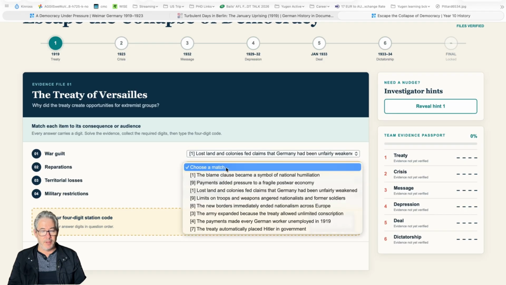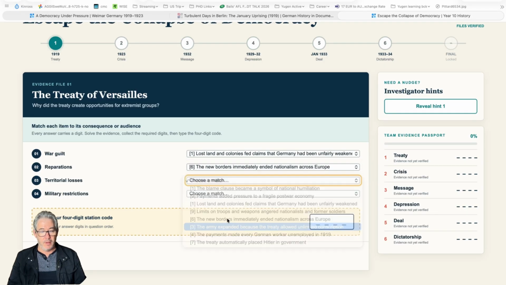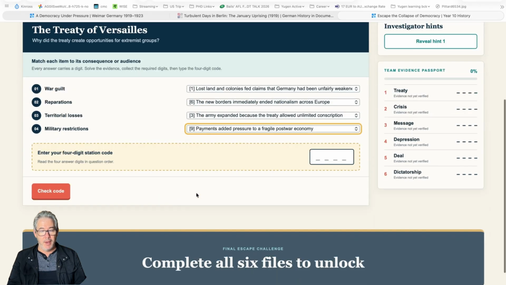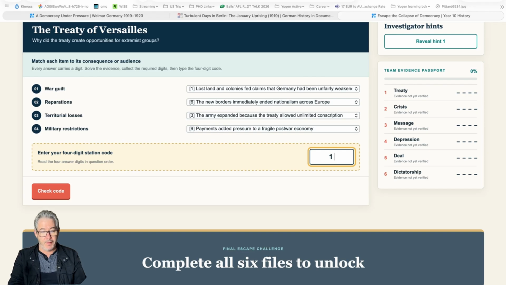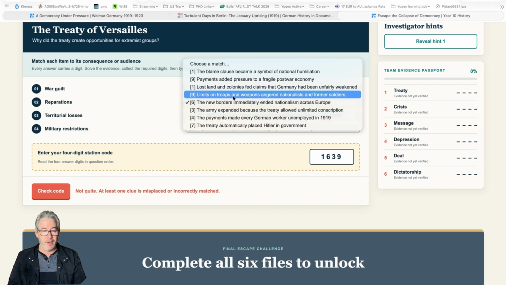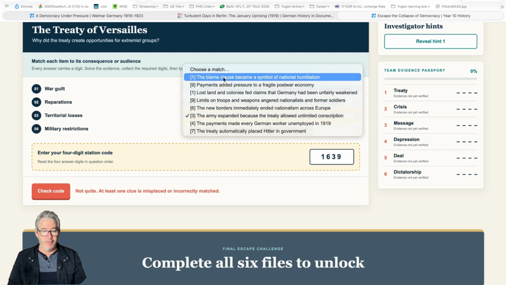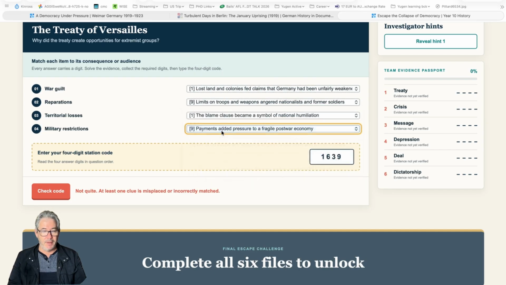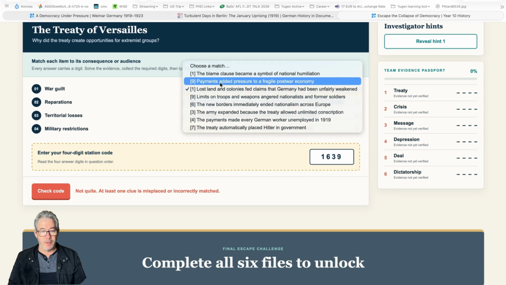Just say if we do get this wrong, I'll just randomly pick some things. We've got a code box at the bottom. The idea is they read the first one, they'd go 1, 6, 3, 9, 16, 93. I'll go check code. It comes back with not quite, at least 1 misplaced or incorrectly matched. There's actually quite a lot here, along here. Funny enough, I do know the answer. Hopefully it hasn't changed on me. So war guilt, no, that wasn't the one. That was war guilt was